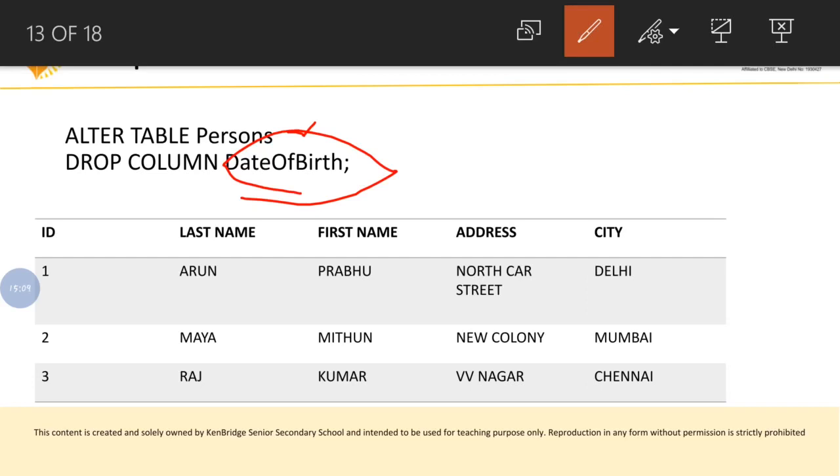Just look at here. In this person table, first we saw that 6 attributes were there, no? But now there are only 5 attributes: ID, last name, first name, address and city. Date of birth is not here because we have dropped it. We just omitted it.